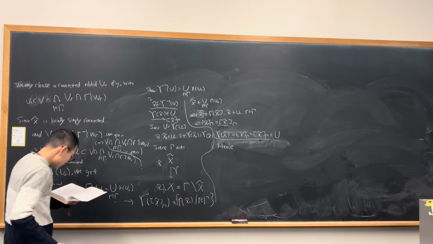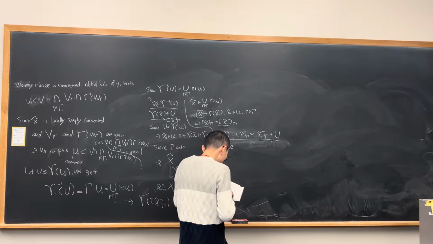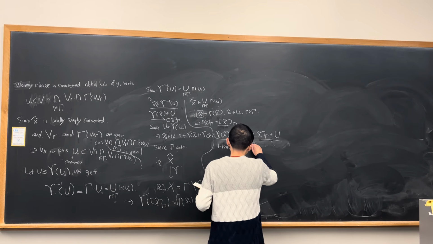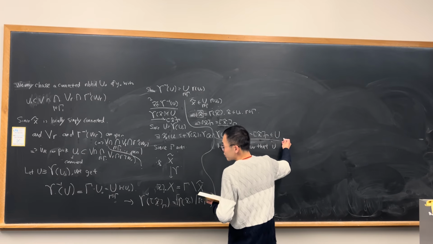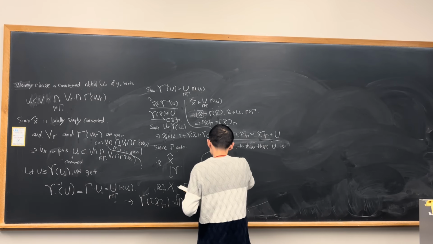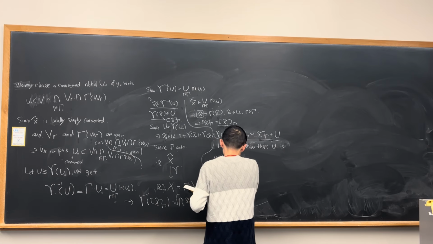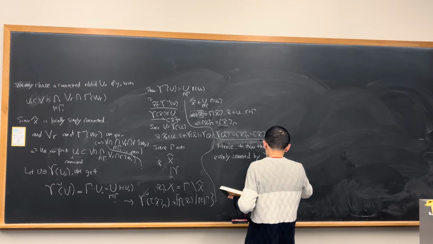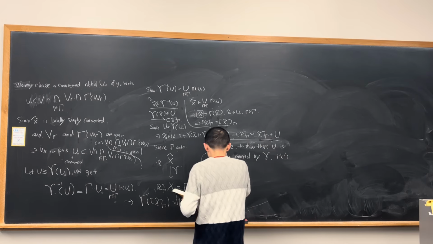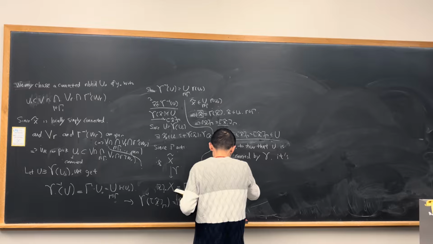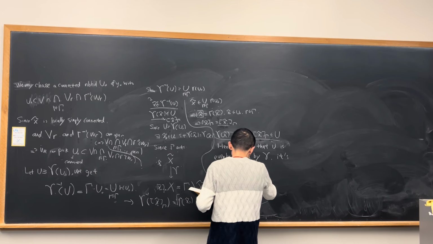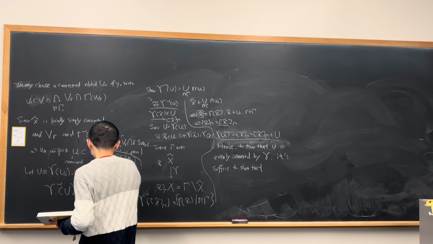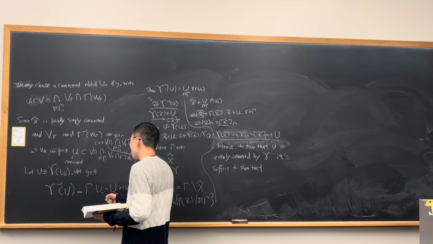Okay, this is our goal. So hence, in order to show that this u is evenly covered by this gamma, it suffices to show that, namely, we'll have that, right? Namely we show that. Okay, so to show that it's evenly covered